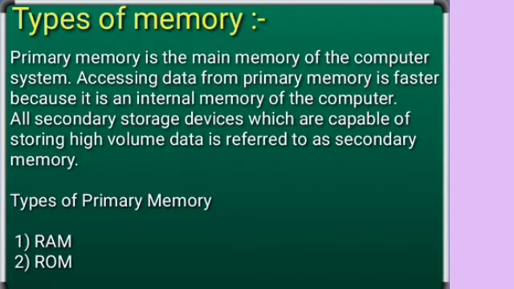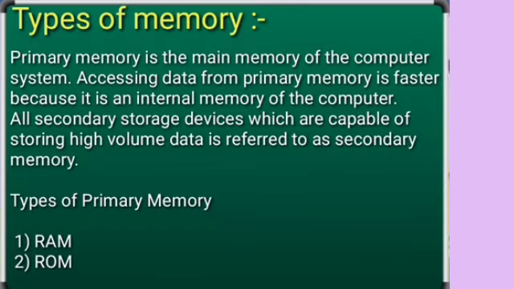Whenever you purchase a CPU, you get the primary memory already attached within it, and if you need any kind of additional storage devices, you can increase the storage capacity by adding a secondary memory to your computer. Now accessing the data from primary memory is really faster as compared to the external memory because it is the internal memory of the computer. It is attached internally inside the CPU, so it is very fast as compared to the other memory.